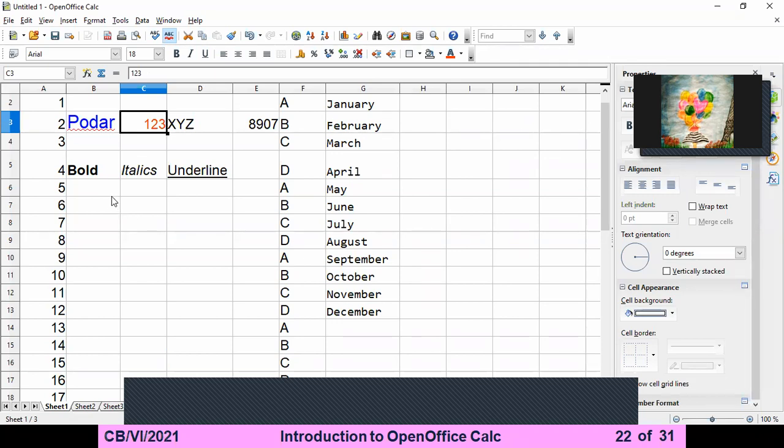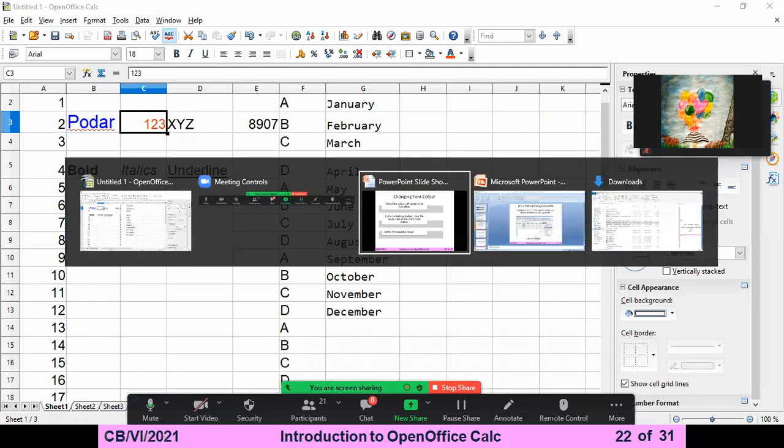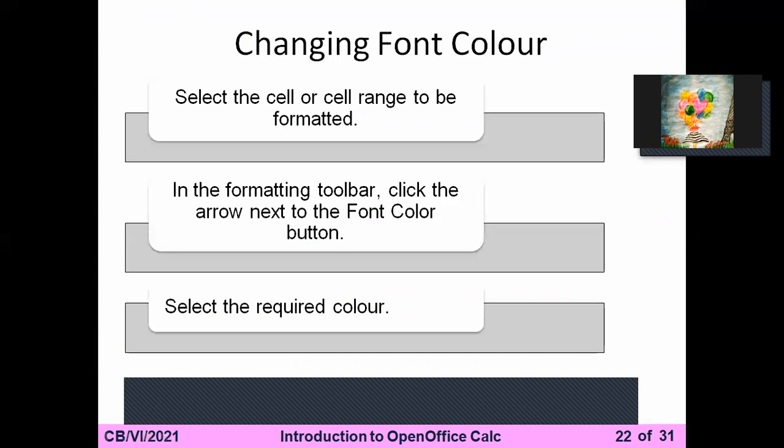Next is the cell alignment. There are 2 types of alignment: horizontal alignment and vertical alignment. First, we are learning in OpenOffice Writer the horizontal alignment, that is left alignment, right alignment, center alignment, and justify alignment.